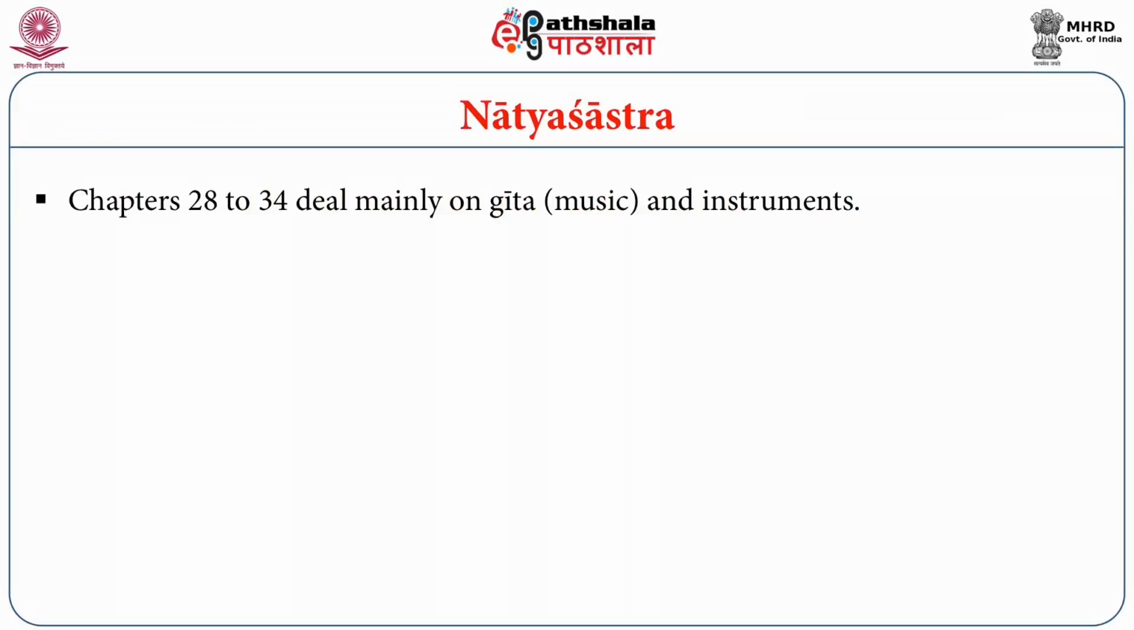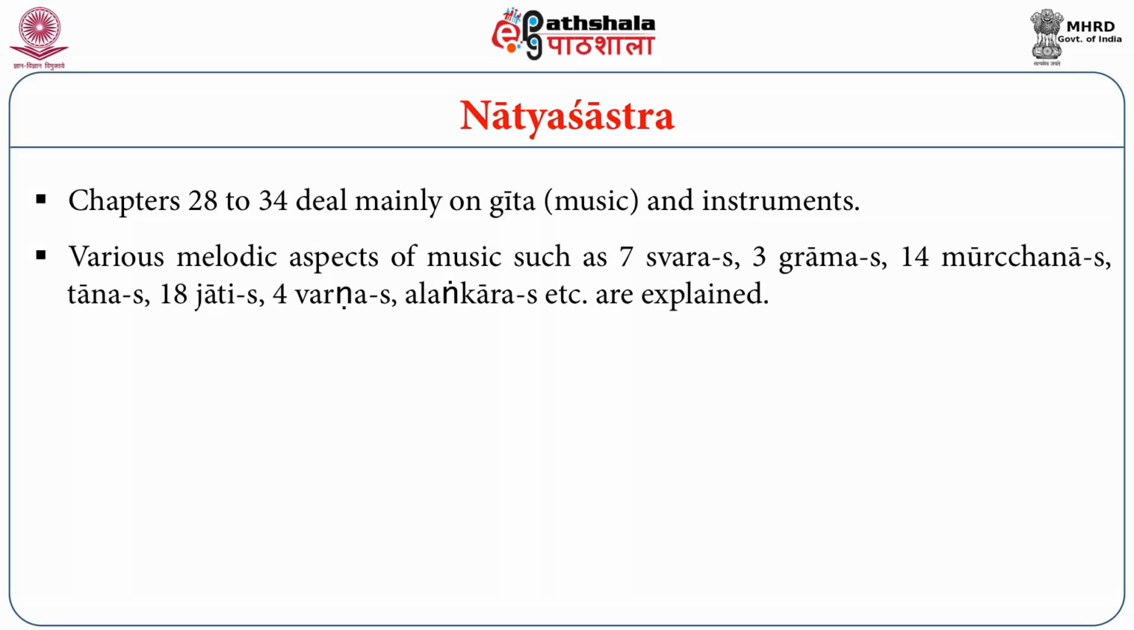In that, chapters 28 to 34 are mainly devoted to Gita and instruments, that is the music part. This work is of great importance to many music scholars to understand the evolution of musical concepts. The various aspects of music dealt with in these chapters are the 7 swaras, the Shadja, Rishabha, Gandhara, Madhyama, all the 7 swaras, the 3 gramas, the Shadja grama, Madhyama grama, Gandhara grama, and the 14 murchanas which evolved from these gramas, the tanas, 18 jatis, the 4 varnas, alankaras,